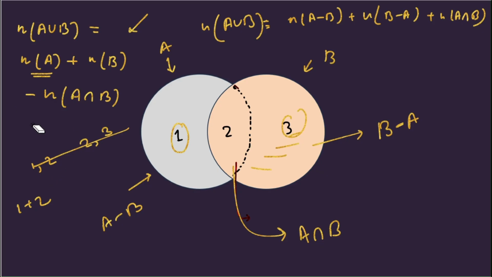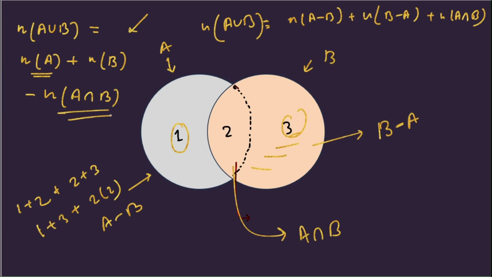Let's remove it entirely. Right. So 1 plus 2 is my NA. Then NB is 2 plus 3, because 2 also belongs to B and 3 also belongs to B. So if we add NA and NB, we find that we have 1 plus 3 plus 2 times 2, right? So this duplicate 2 has come because we have added this intersection part twice. Therefore, we need to subtract the intersection once, and that is the reason why this formula has come into existence,